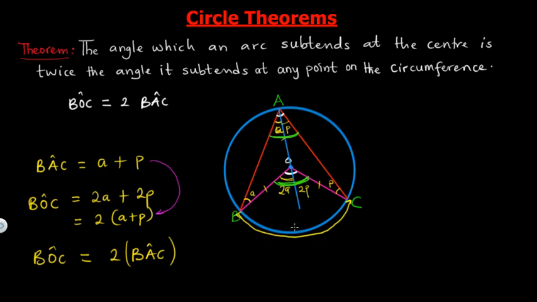So we say the angle subtended at the center by an arc is twice the angle subtended by the same arc at any point on the circumference. Very good. That's an interesting theorem under circle geometry that we must take seriously. Moving further,